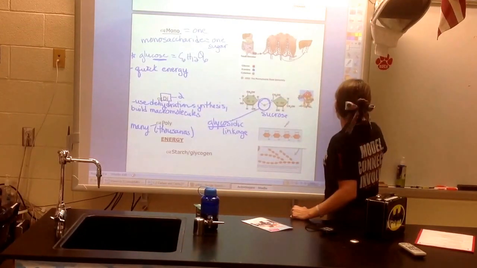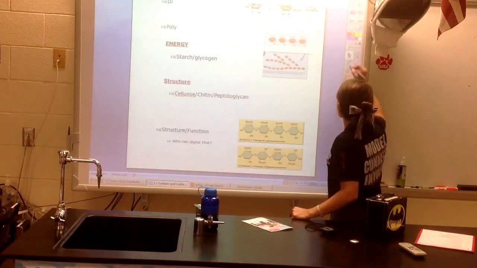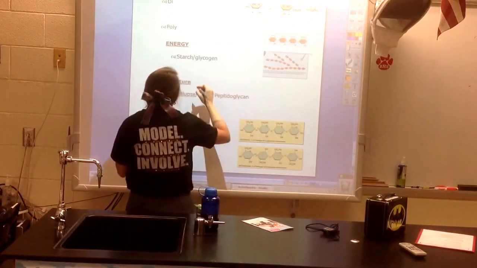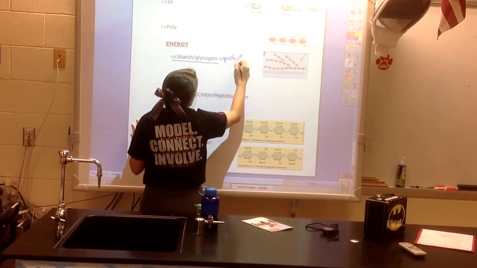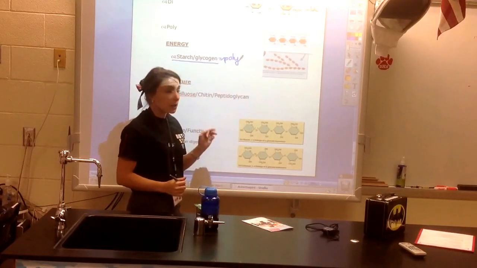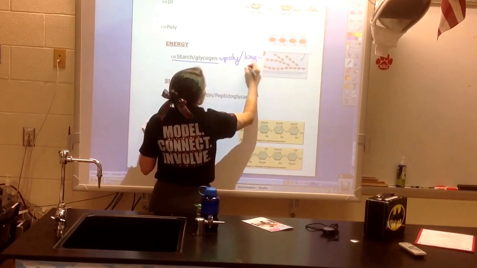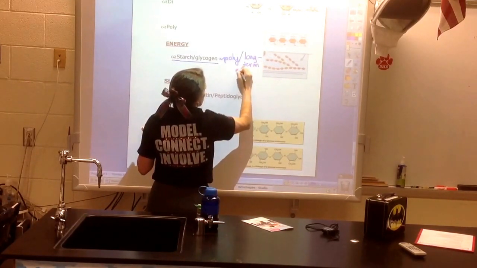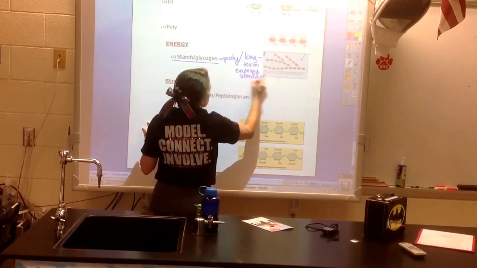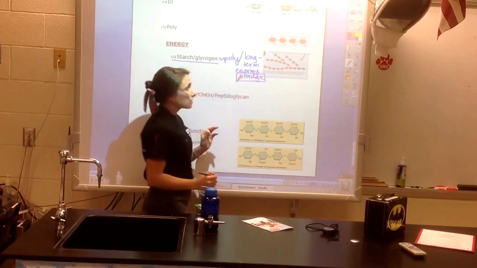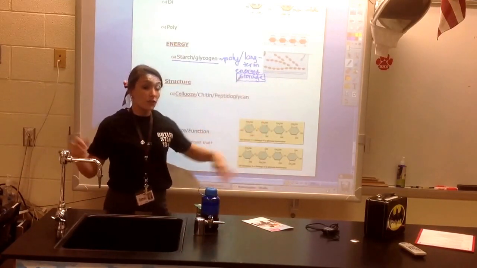So we're going to move forward and look at two other molecules that are sources of energy. But these two are actually sources of long-term energy. Starch and glycogen are both polysaccharides. They're both polysaccharides, P-O-L-Y. But they're also used for long-term energy storage. Meaning that the organism is going to build polysaccharides to store their energy for when they might need it at